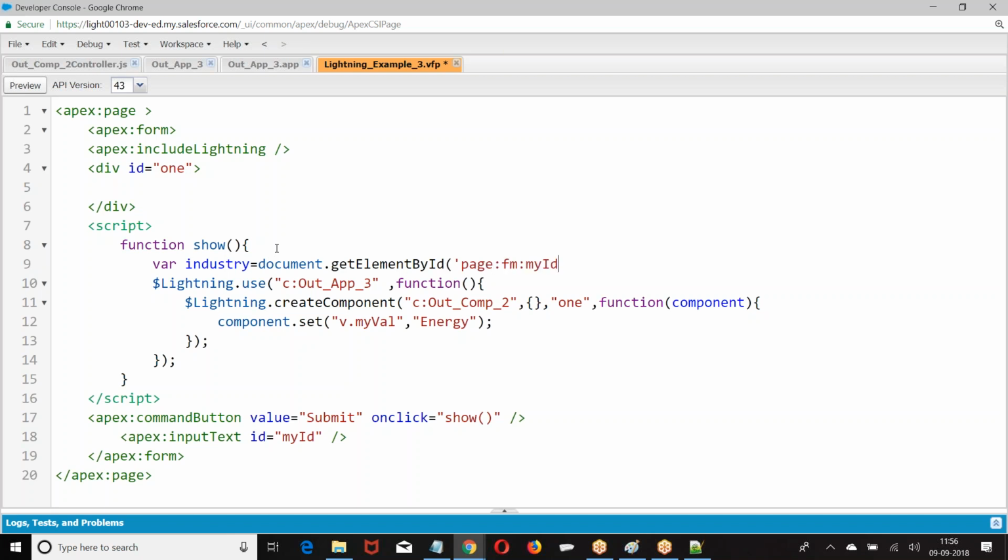Whatever the value of my ID is, instead of energy, you'll be giving industry, whatever value you are entering.